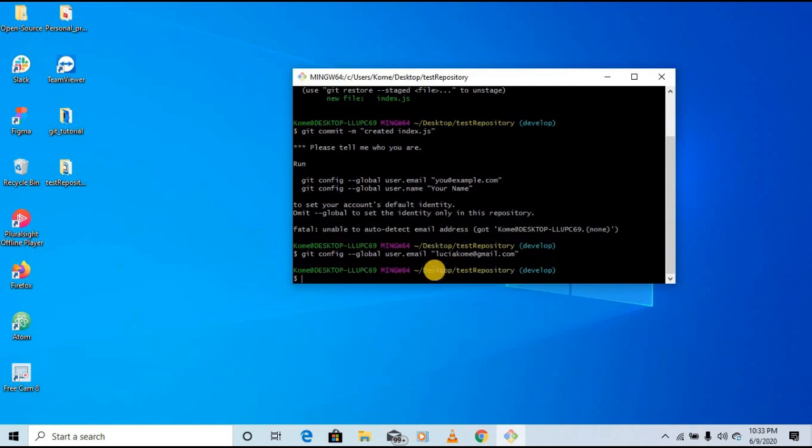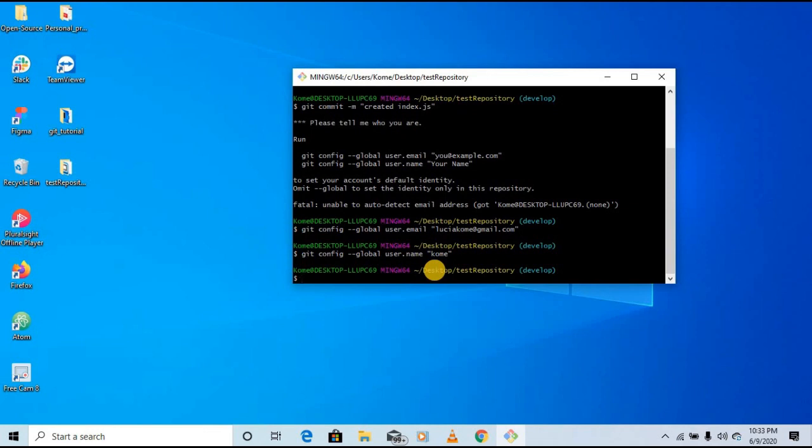Press enter. I've succeeded in setting my email address, so now I'm setting my username. I'm just going to leave it at home and press enter. So now I'm done with fixing that error. Easy, right? Now we can retry our git commit command, but this time I'm just going to type git commit